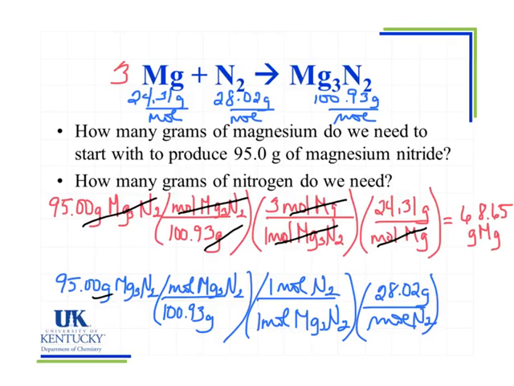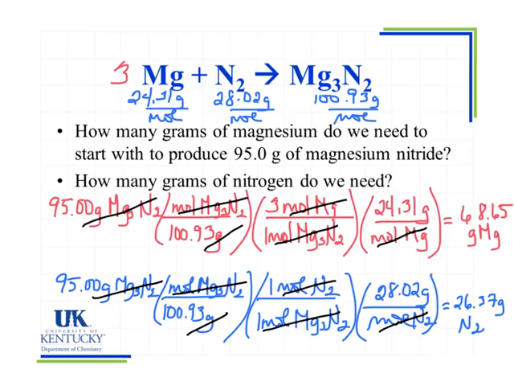Note that my units cancel out, my grams of magnesium nitride, moles of magnesium nitride, moles of nitrogen, and I'm left with grams of nitrogen. And I find that I need 26.37 grams of nitrogen. Now this is not a limiting reagent problem because I wasn't given 2 amounts of reactants,